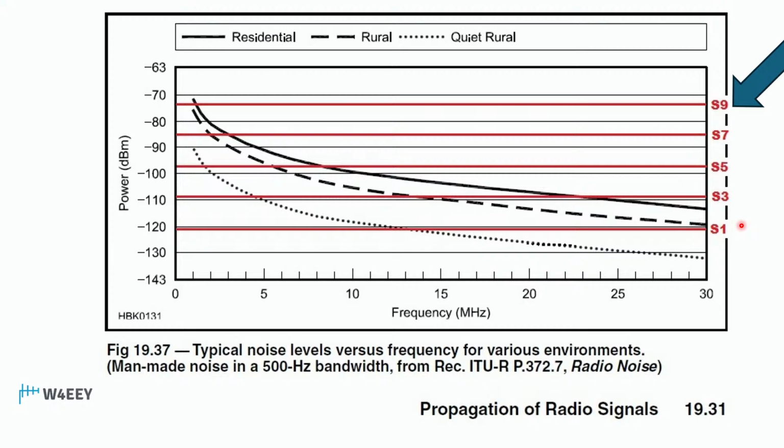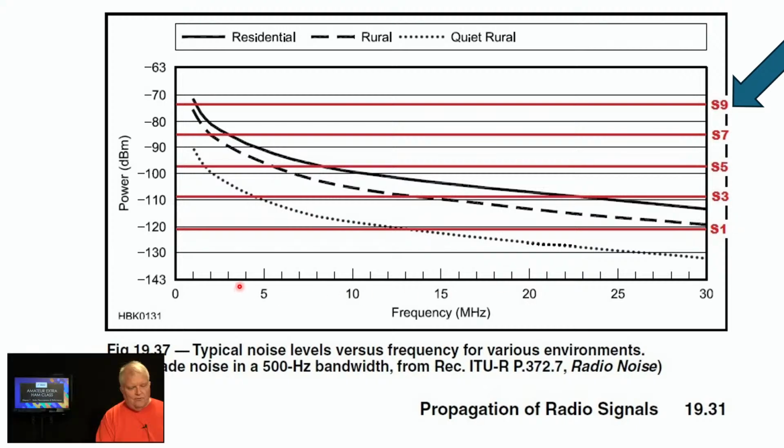So it's not unusual on 80 meters to have S3 noise level, even out in the country, in quiet rural areas. That's not unusual. That's typical. And in the city, it's much higher noise levels, maybe S7, for example. So this is a very interesting chart. Just know that atmospheric noise is going to be much higher than the receiver noise that we were